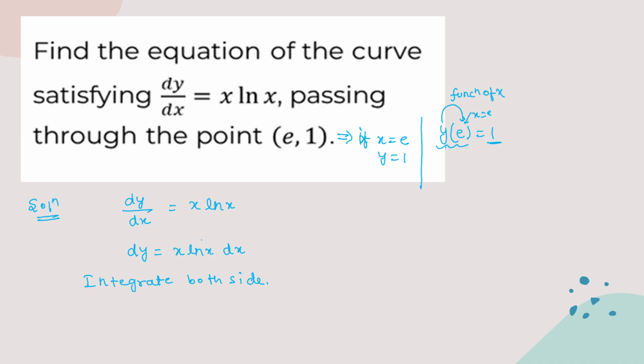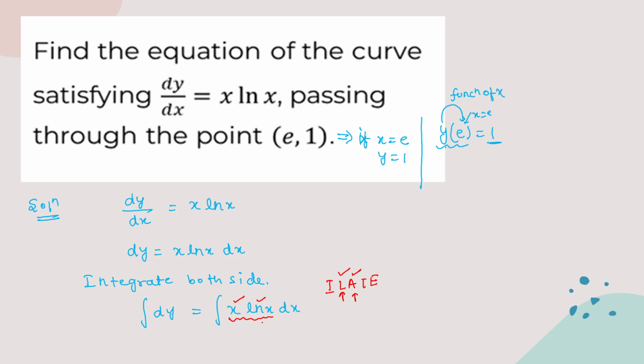When you do the integration, what will you get? Integration of dy is equal to integration of x ln x. If you remember, for this type of integration, when two functions are in a product, we use the by parts rule, or we can say the product formula in integration. How do we use the ILATE principle? According to the ILATE principle, in this case x is an algebraic function and ln x is the logarithmic function. So first the logarithmic comes and then the algebraic comes.